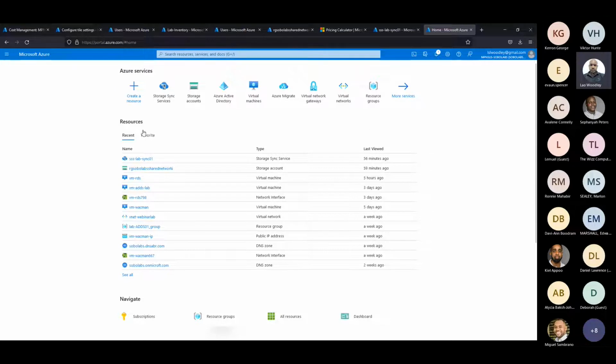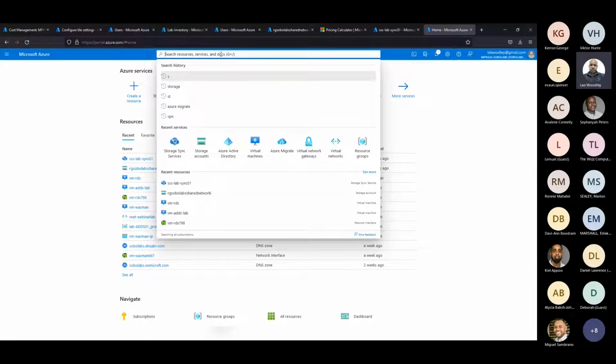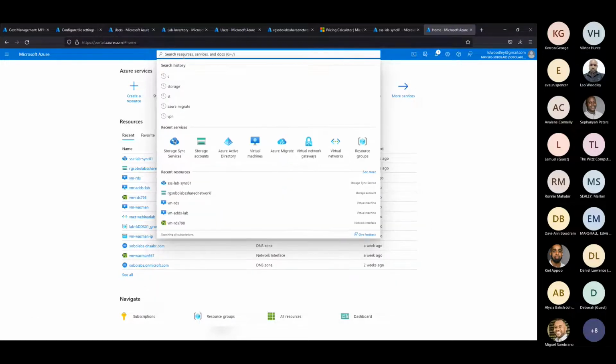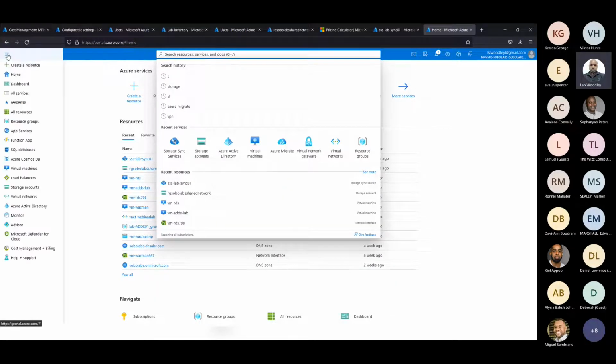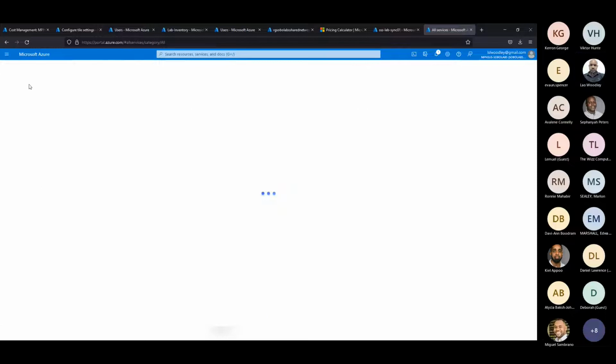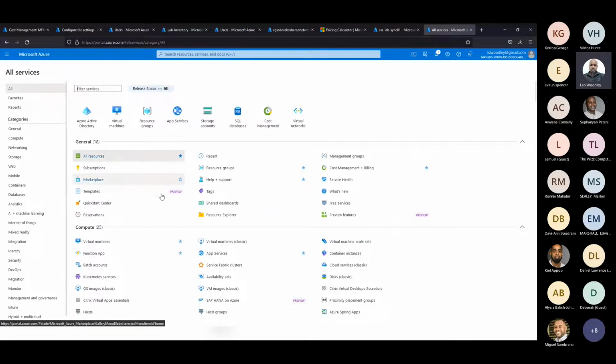So first off, this is our landing page, and it basically just has a cache of services that we would have accessed recently. There are a couple of key things to note here. This search at the top is your friend. You can use it to quickly access by name any of the Microsoft products that are available within the tenant, as well as the hamburger menu all the way to the left here, which also gives you a full list of favorite resources, and you can come over to the all services view.